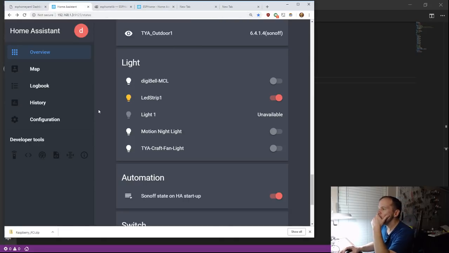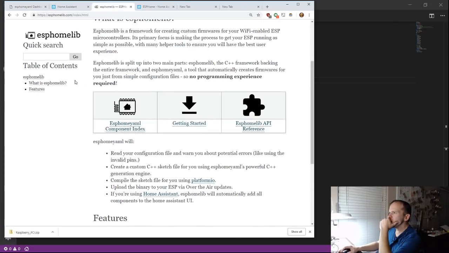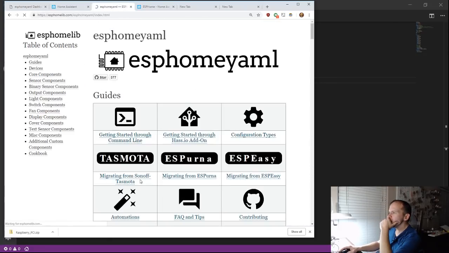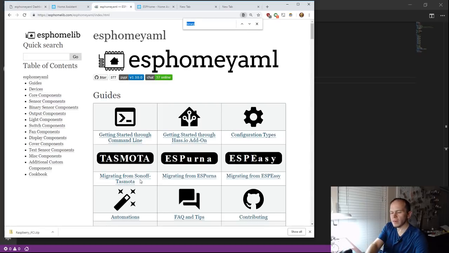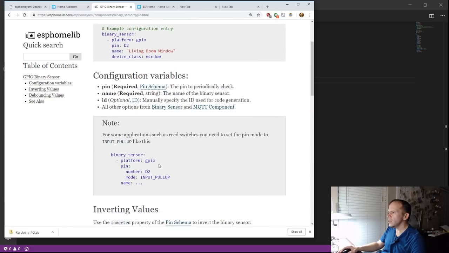Let's see. How do we do the pull-up? We just saw that in the binary. Let's do a search for binary sensor components. The GPIO binary sensor pin.